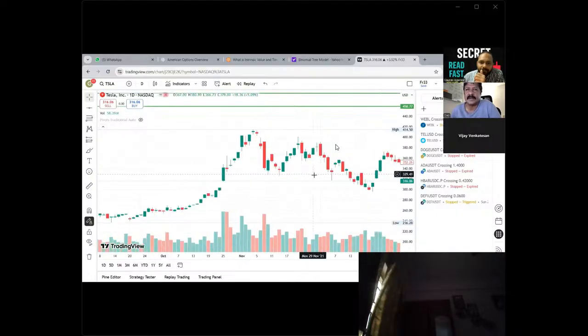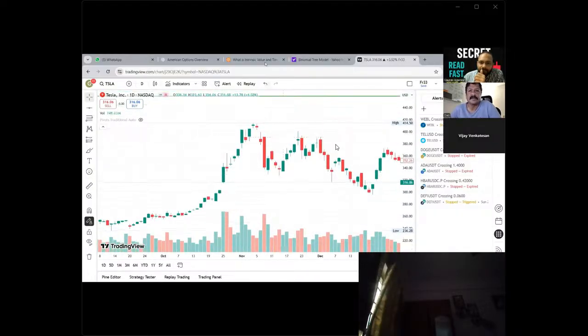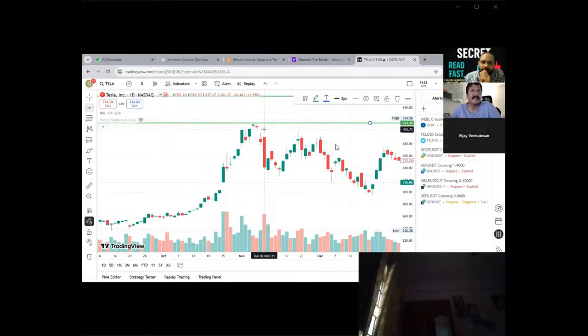See, two small candles are there, right? Mostly a kind of doji you can say, or mostly a kind of hammer you can say, because a body is there in both the candles, a small body. But these are very, very small. Both the candles are very small. Then what do we have to do here? We have to mark the high and low, right? And then we have to see where the trade goes.